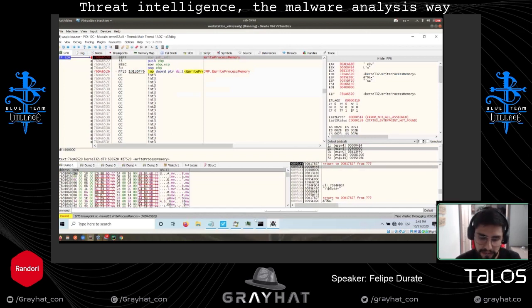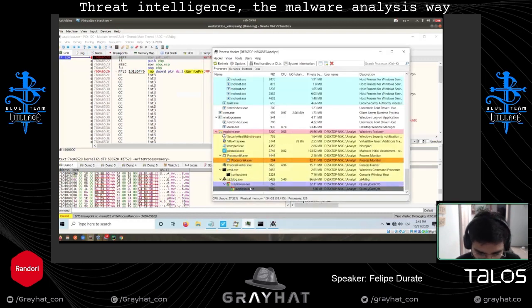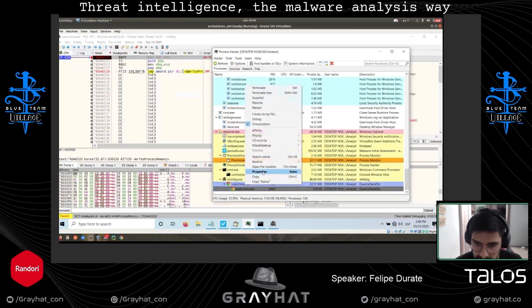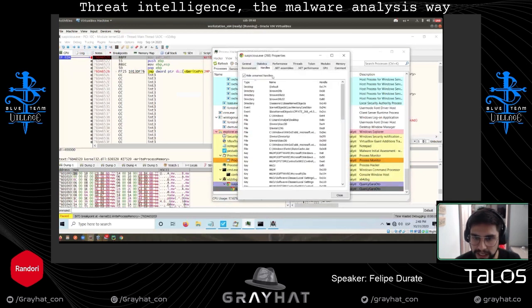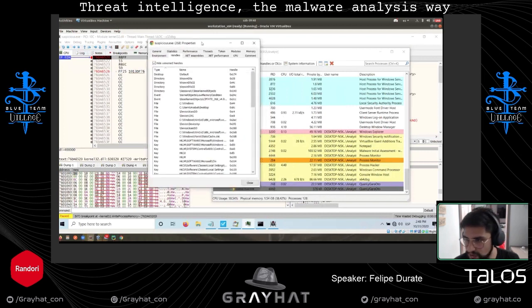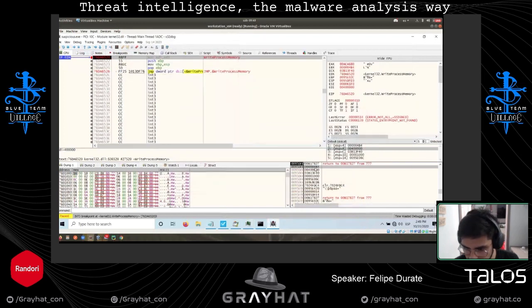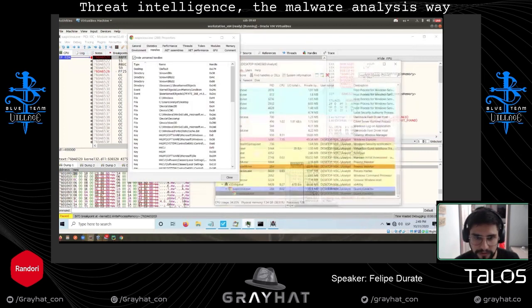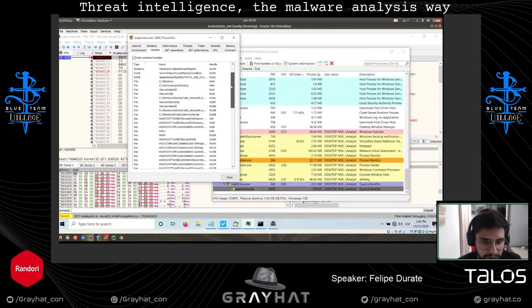What a handle means, so how can I see if actually we are going to write in the process that we are interested in? Basically, if you go to the binary properties and go to handles, we just need to find the handle that is in here, which is 4b4. So let's look for 4b4 here.